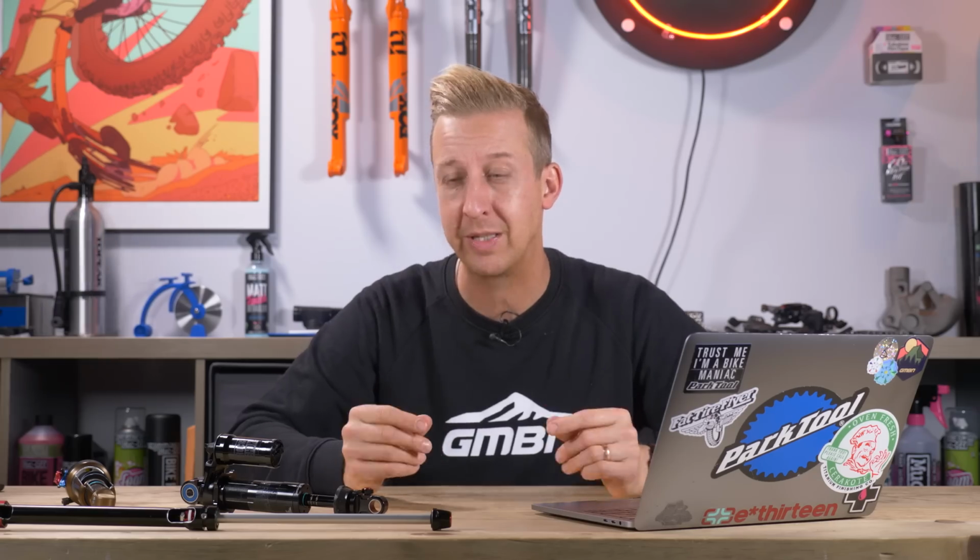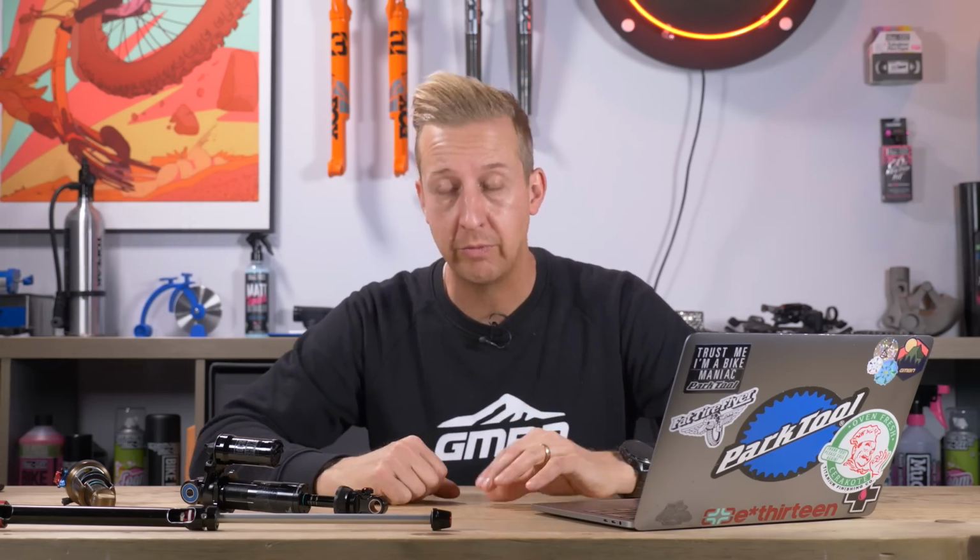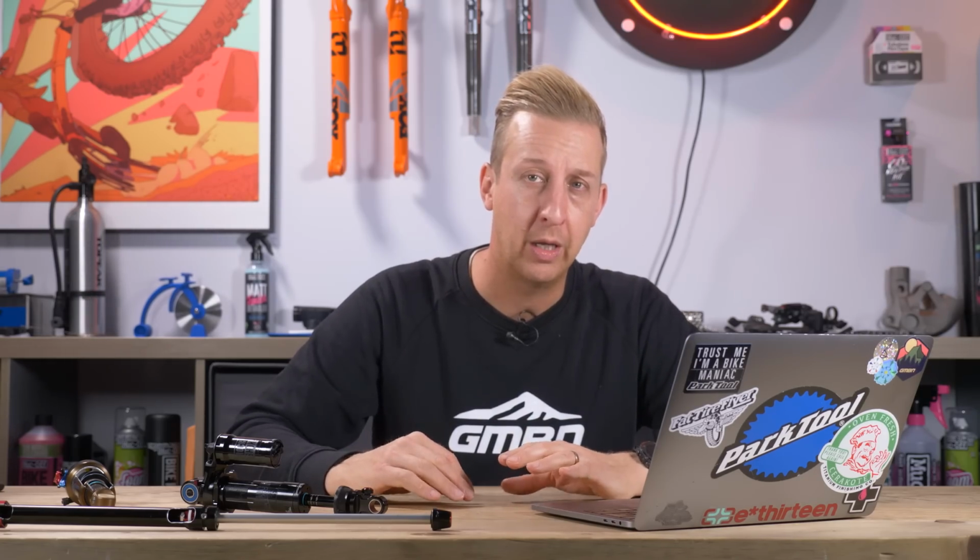You've got to bear in mind that when suspension designers are designing frames, they are designed around a very specific length shock with a very specific shock stroke. We're talking in millimetres here. So if you go over or under that, there's a good chance that something on your frame will foul. If it doesn't, then technically, yeah, you could do that, but it's going to ruin your geometry as well. So personally, I'd just steer clear of that and run the correct length shock with the correct shock stroke